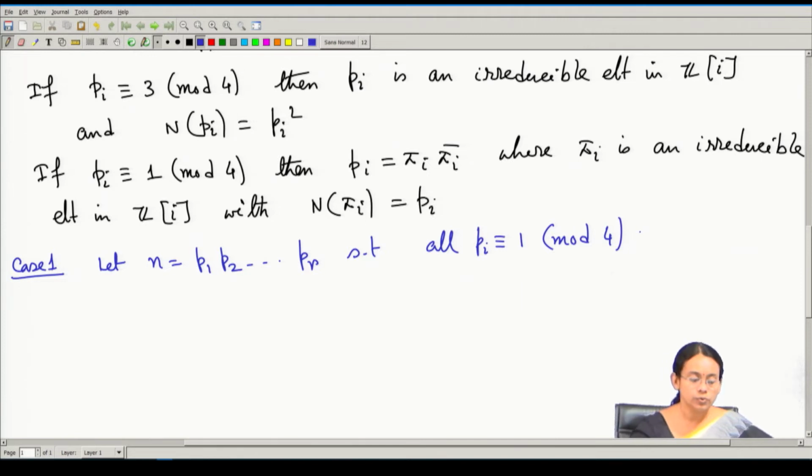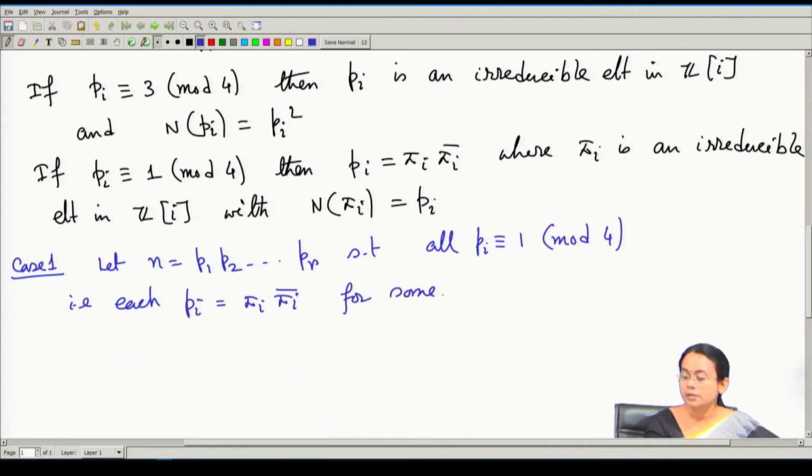If pi is congruent to 1 mod 4, that means each of these primes can be written as a sum of two squares, or the norm of some element. So each pi is of the form pi_i times pi_i bar